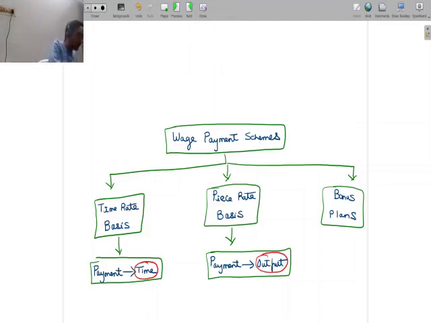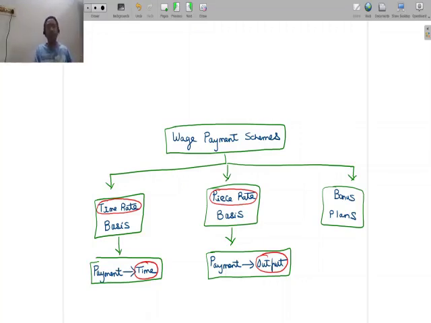Now this is why you can see the use of the phrase piece rate here. In the earlier case, you saw the use of the phrase time rate. The reason why we use the phrase piece rate is mainly because when we say factory, we are actually looking at a manufacturing environment. And in a manufacturing environment, we are coming out with units, which we can also call pieces. So for every piece that is produced, there's a rate. That's why we call it a piece rate basis. So you have a payment, and that payment is linked with output.